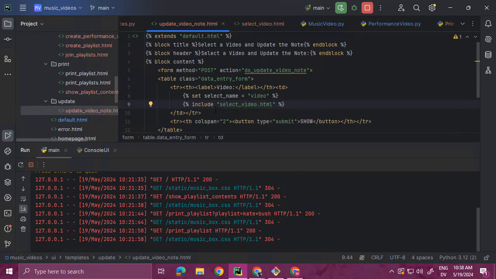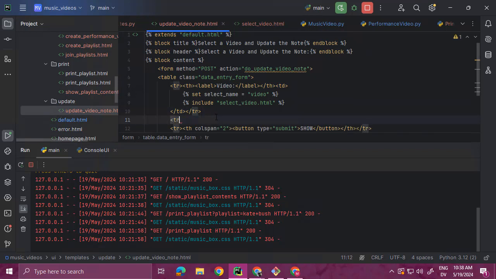And then I also want to have a row for note. So that's going to be tr td, actually th, label note, and then td, input type is text, and then value is going to be the existing note. So video, actually,